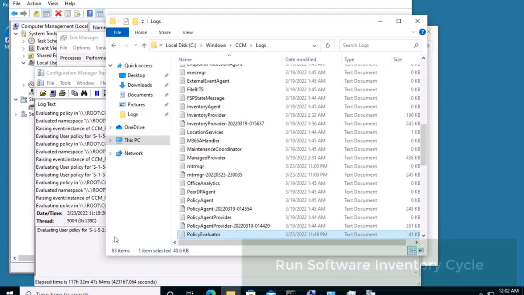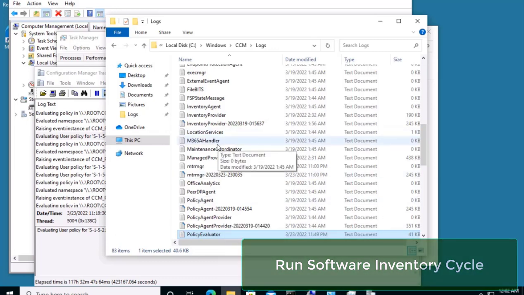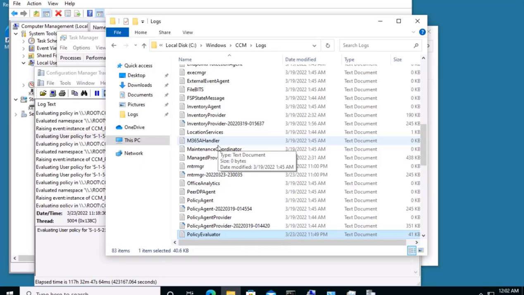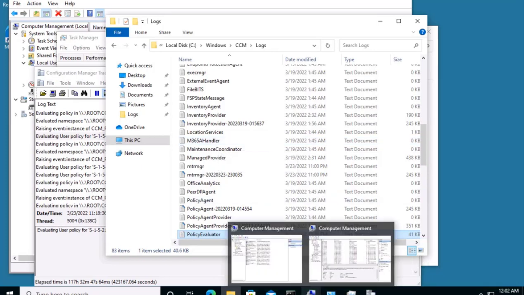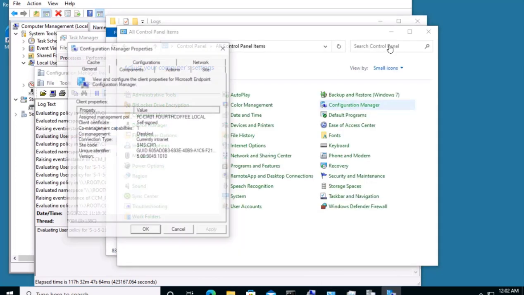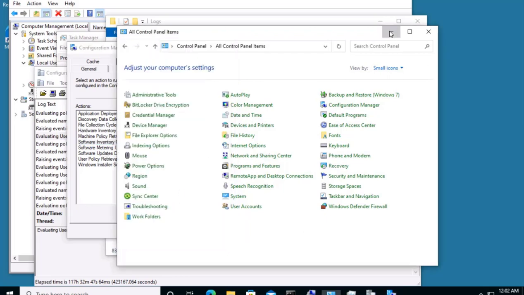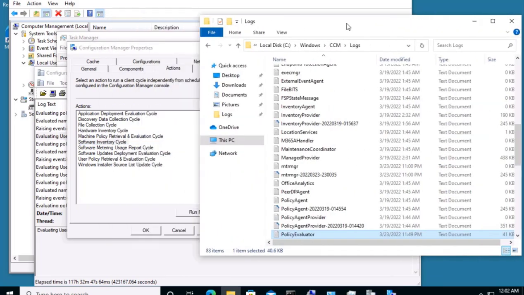Next step is we need to run software inventory cycle, because after running the software inventory cycle, whatever the DLL files that are present, that will be displayed in the console. For that, I will go into this particular device, configuration manager properties, action, and over here software inventory cycle. So I can run the software inventory cycle from here or from the console itself. As this is already open, I will run it from here,